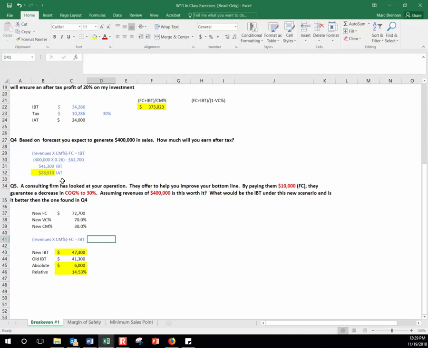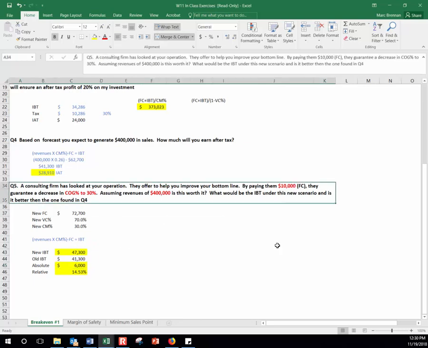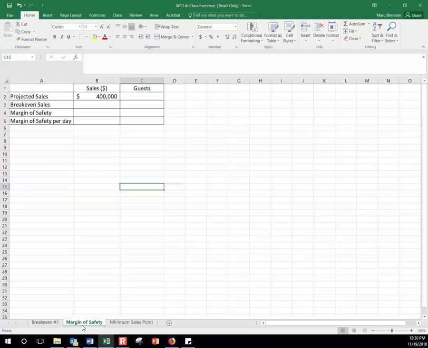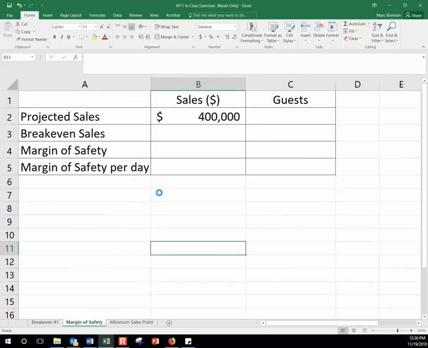So the answer, I just used break-even math to discover quickly that, you know what, this does make sense. They can guarantee a decrease, so if it doesn't happen, they would have to compensate us in some way. It's worth it here because I would make $6,000 more in operating profit, even though I'm paying them $10,000 more. Okay. Now, for margin of safety, what this is, it kind of shows us